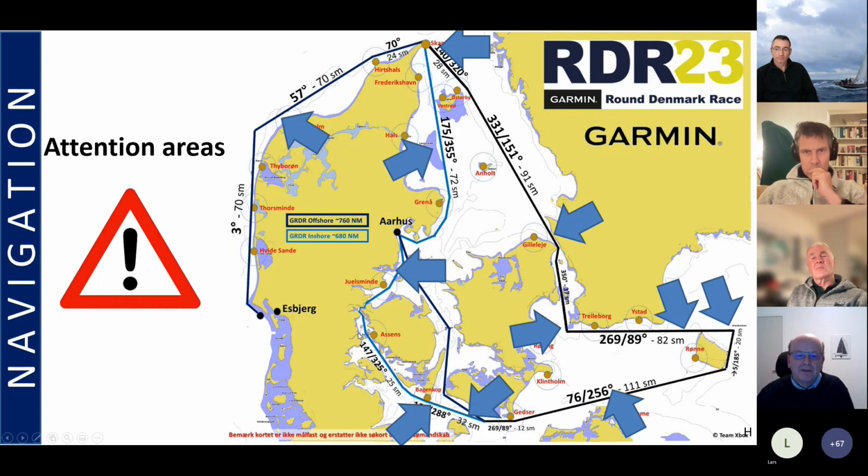There are some specific areas, and I've just pointed them out, some of them as a directional guidance. The first one comes for the offshore guys, and that is up at Hanstholm, where there's a lot of fishing boats. The fishing boats are not used to having sailors passing their way, so they don't, how can I put it in a frank way, don't care. They have their course, and normally there's no boat doing races here, so you should be the watch captain there. Be aware of that. They will not look for you because you are not normally there, but the fish are normally there, so be aware of the